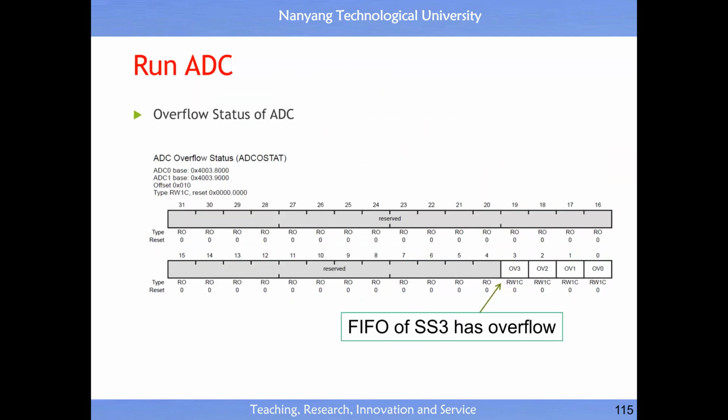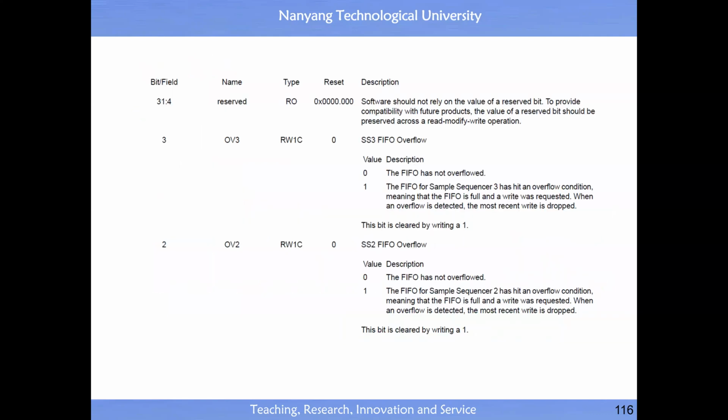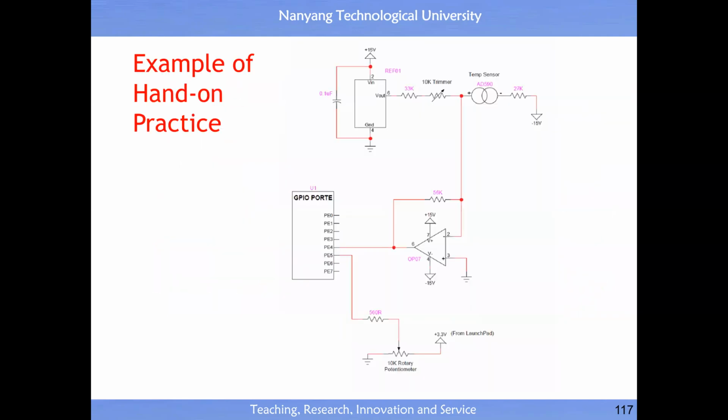Okay, this is not important. And in case your CPU is really very slow and the temporary buffer overflows, the hardware will tell you that you are too slow and you have lost some data. Basically, it is telling you something like that. All right, that's all for this